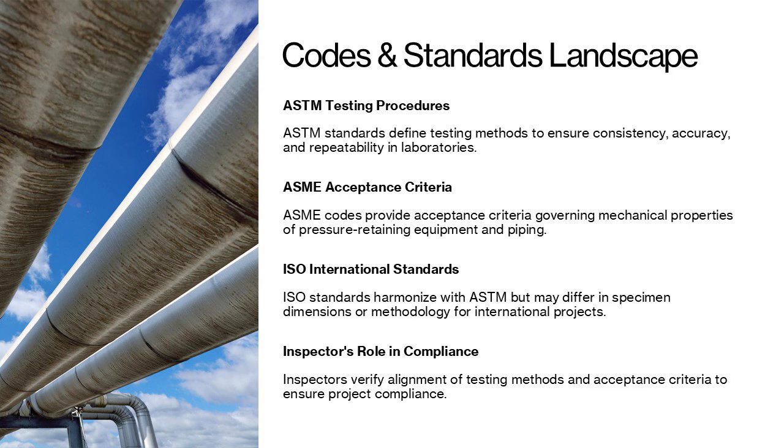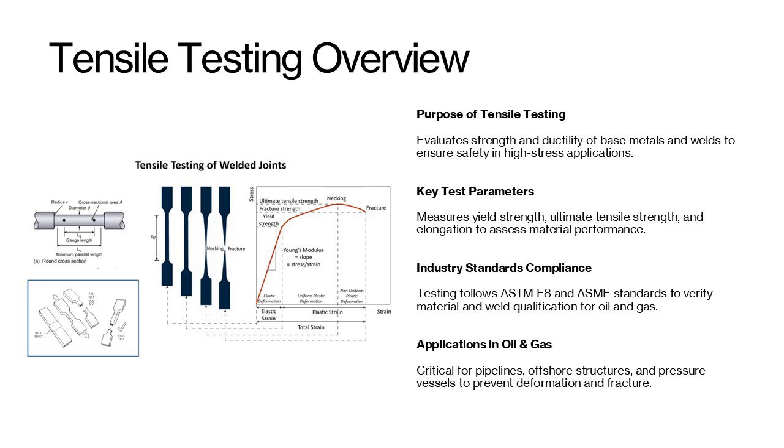Tensile testing is one of the most widely used mechanical tests for evaluating the strength and ductility of base metals and welded materials. For oil and gas applications, it is particularly important because pressure-containing components must withstand high stresses without permanent deformation or fracture. Tensile testing involves applying a uniaxial load to a standardized specimen until failure, generating key data such as yield strength, ultimate tensile strength, and elongation. These parameters allow inspectors and weld engineers to verify that materials meet the minimum design values outlined in ASME and